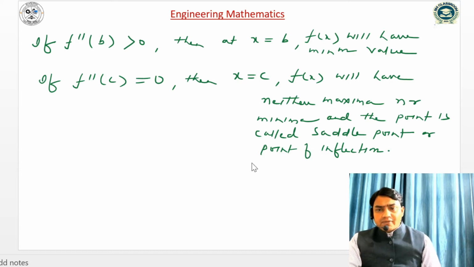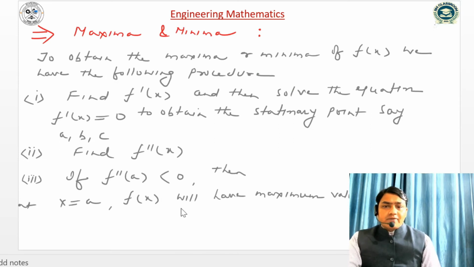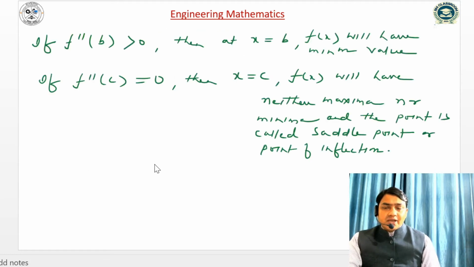or we can say that it is neither maxima nor minima, and it is also called the point of inflection. So if a function f(x) is given, the simple procedure to compute the maximum or minimum value is, firstly, to compute the first derivative and equate it to 0. So compute the different stationary points, and then we have to check the double derivative of f(x) at those points. If f''(x) at x = a is greater than 0, then it is a minima. If f''(x) is less than 0 at a given point, then the function attains maxima at that point. And if f''(x) is equal to 0 at that point, then the function attains neither maxima nor minima at that point.